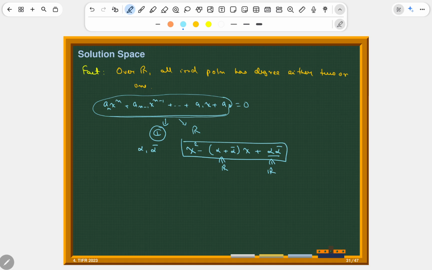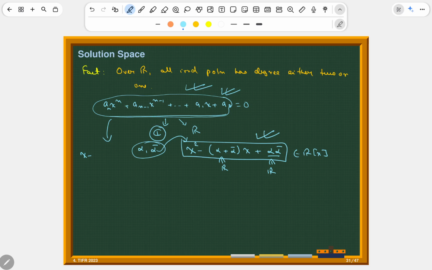So this is a real polynomial, and since alpha and alpha bar are roots of this polynomial, and we constructed this polynomial from these very roots, what follows from here is that this polynomial is a factor of the original,